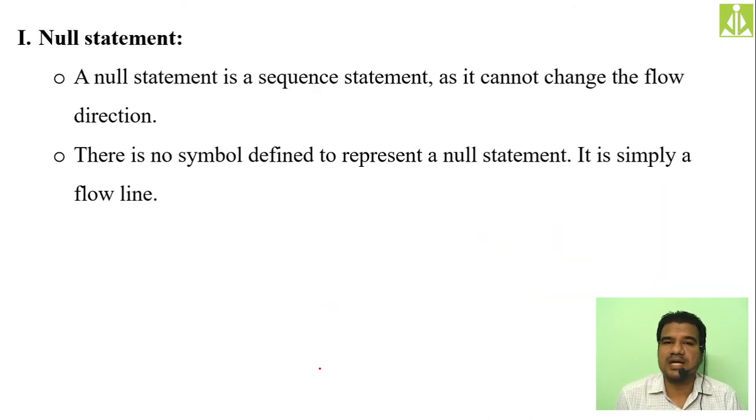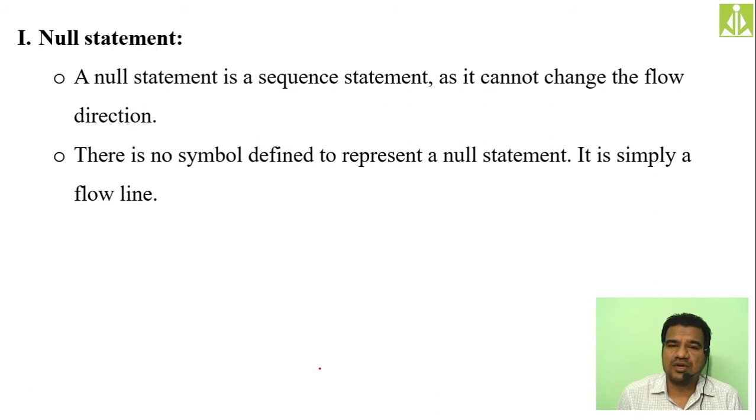The first one is the null statement. Null statement means you are not performing any operation. It simply represents nothing. Whenever we say null in programming, whatever the language may be, C, C++, Java, SQL, null means nothing, void, completely empty.